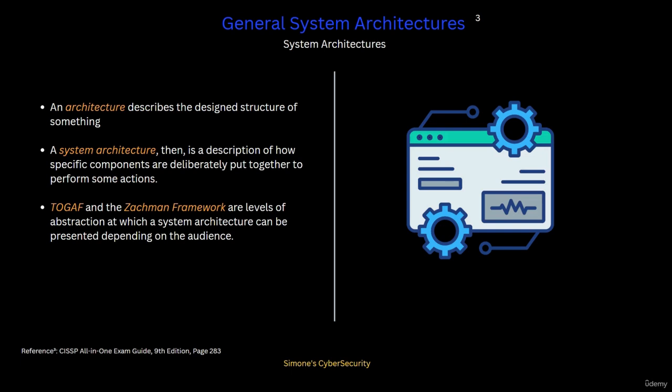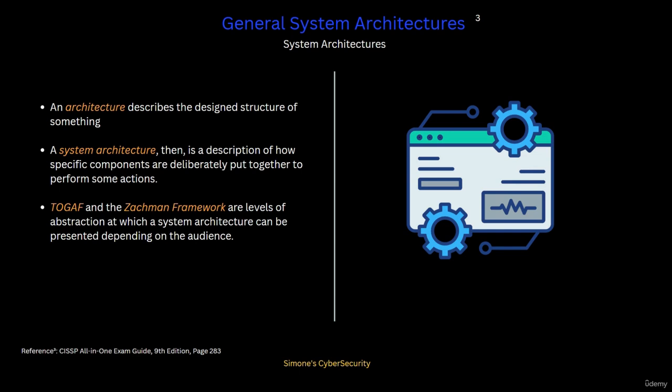Now that we have understood what a system is, let's talk about system architectures. So, an architecture, in simple terms, describes the designed structure of something. Think of it like a blueprint. It explains how the different parts are arranged and how they work together. So, when we say system architecture, we mean a description of how specific components are deliberately put together to perform